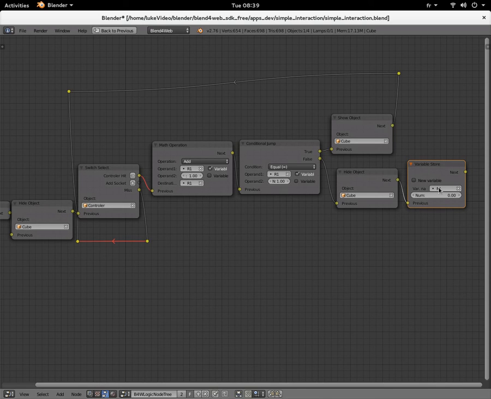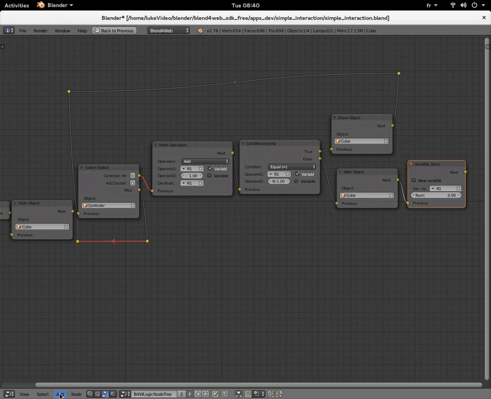I'm going to give R1 the value of 0, which makes this conditional jump true again next time we click on the controller, because we will add 1 to 0, it will be equal to 1, and it will be true. So we show the object. Next time we add 1, it's equal to 2, it's false, equal to 0, equal to 1, we show. So we're going round the loop,